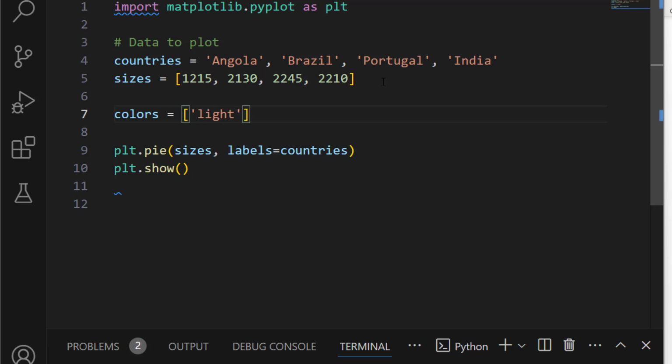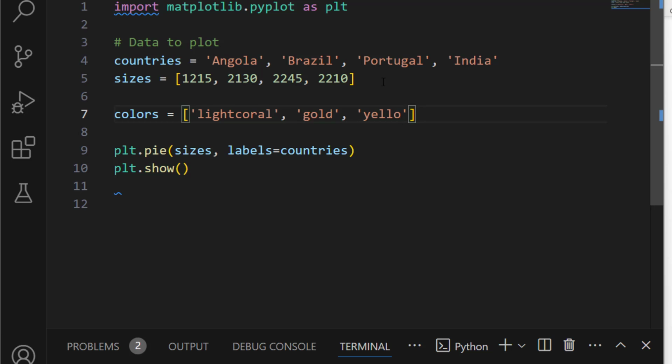light coral, comma. Then I'm going to use also a gold color, which is a good color, comma, and I'm going to use yellow also. Yellow, sorry, it's supposed to be a string. Apart from these colors you can also give hexadecimal colors.